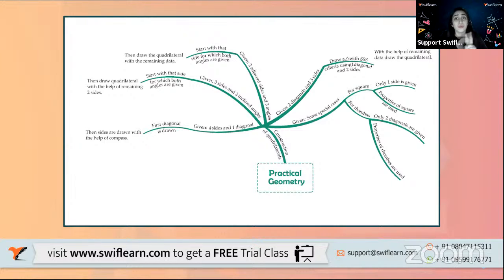When only the 2 diagonals are given, we know the property of the diagonals of the rhombus, that they intersect each other making a perpendicular angle. So what will happen is you will make a side and make a perpendicular angle and divide the side in an